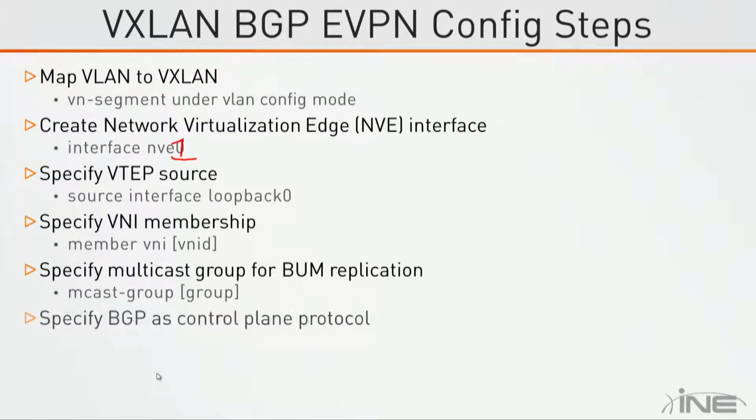Okay, then the other change here at the NVE tunnel is we're going to set the host reachability protocol to BGP. So up to this point, only one command difference versus the flood and learn versus the BGP EVPN. Now, of course, there is going to be additional BGP configuration where we're going to have to do BGP peerings,